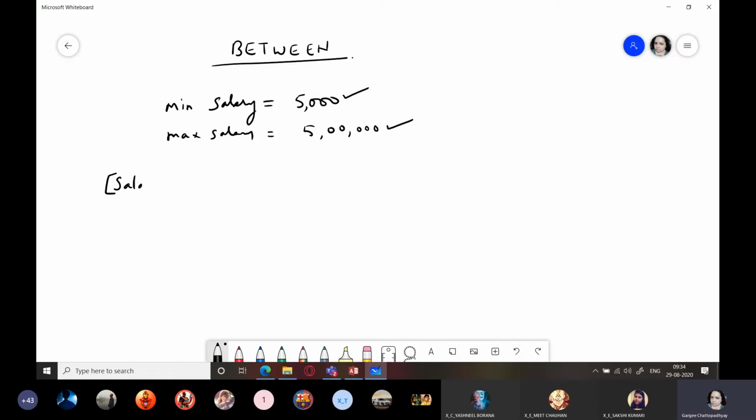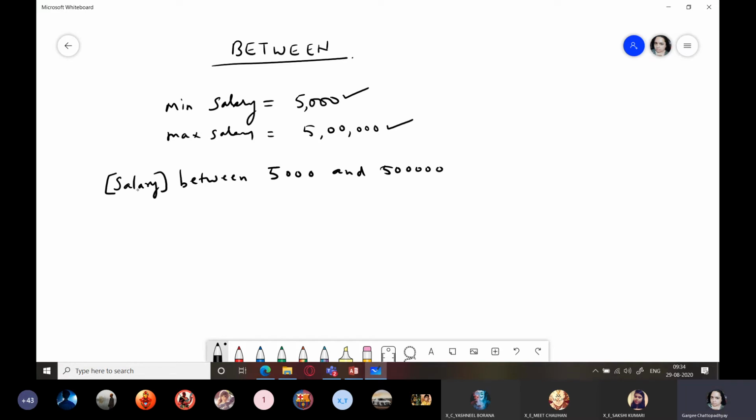Suppose I have a field named salary. Salary between, okay, 5,000 I cannot write with a comma separator because comma is a special character. It will make the value alphanumeric. So I have to write it this way in the form of number only. Between 5,000 and 5 lakh.